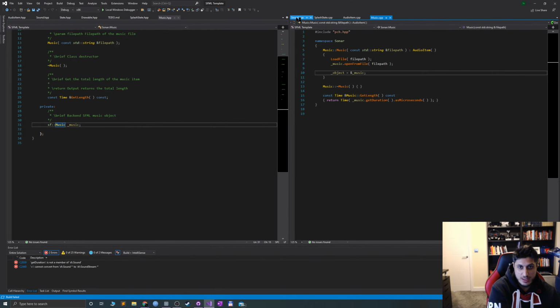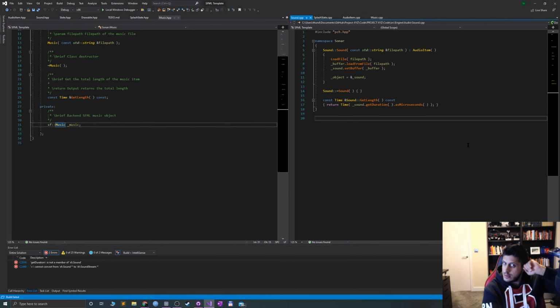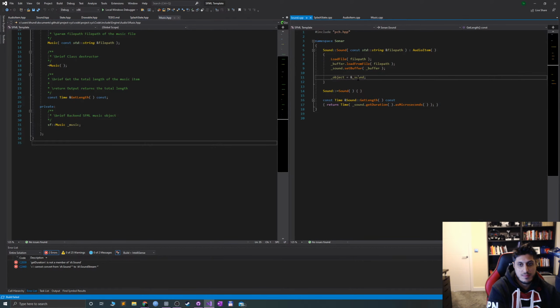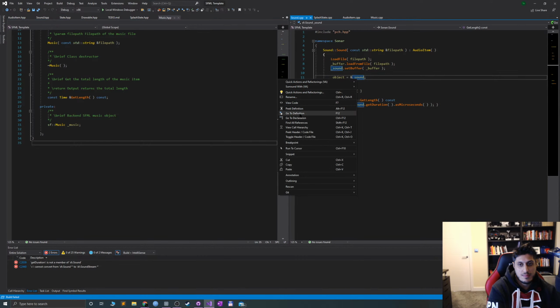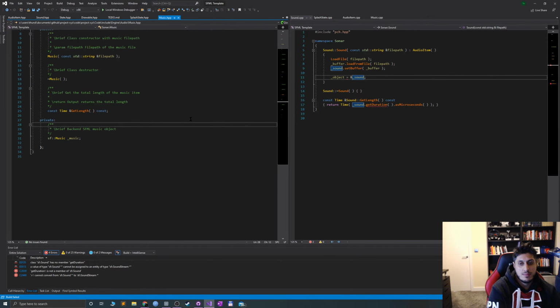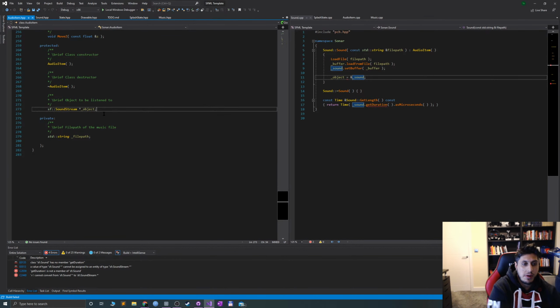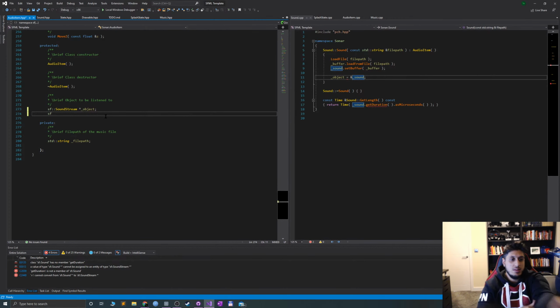The music is alright. I'm going to try and assign it on the sound side. Ignoring this part of it, just the assigning part of it is still giving me errors. Unless I do something else. Unless I have two objects in here. So if I have SF, this to